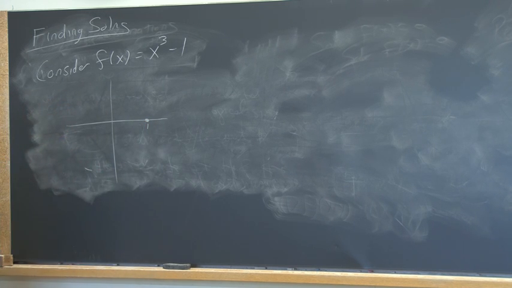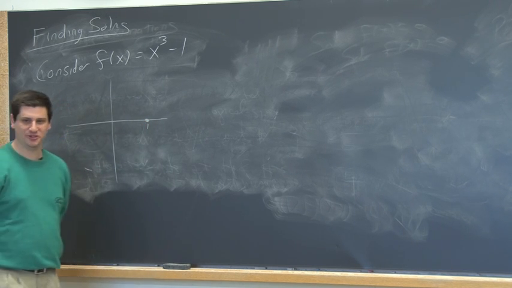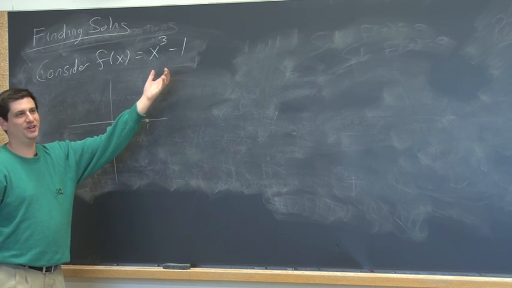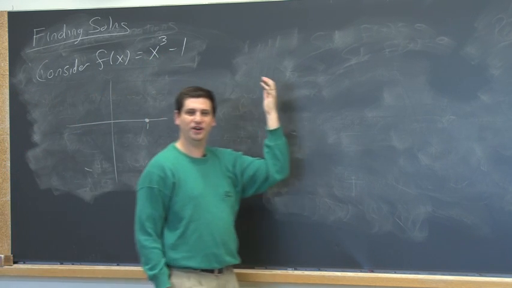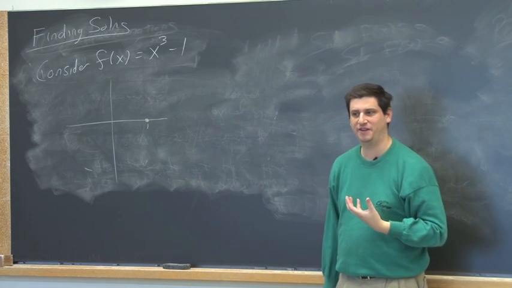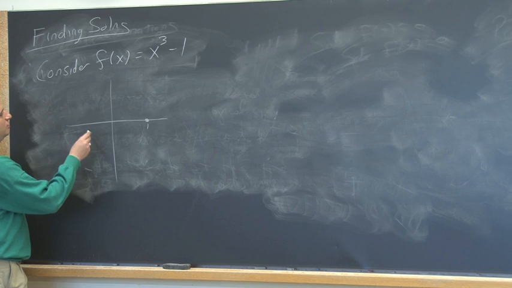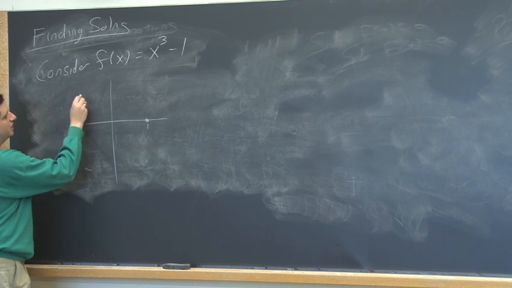And actually, if you all remember, it's either called long division or synthetic division. You can divide x cubed minus 1 by x minus 1. You'll get, I think, x squared plus x plus 1. You can then use the quadratic formula and find the other two roots. And I'll assume you'll just do that synthetic division at home, and you'll find the other roots are